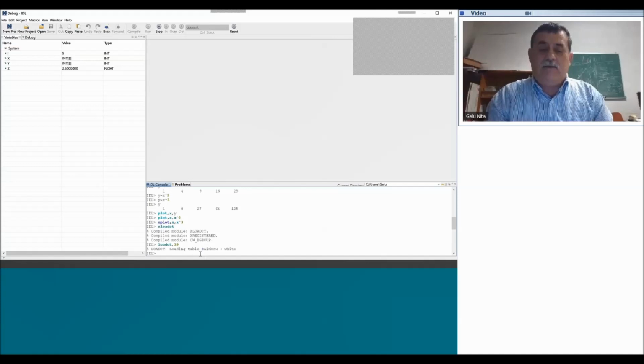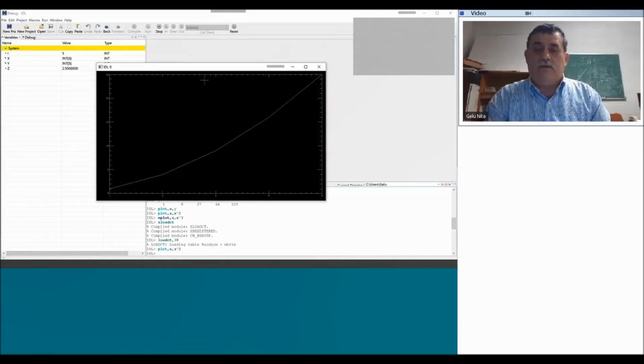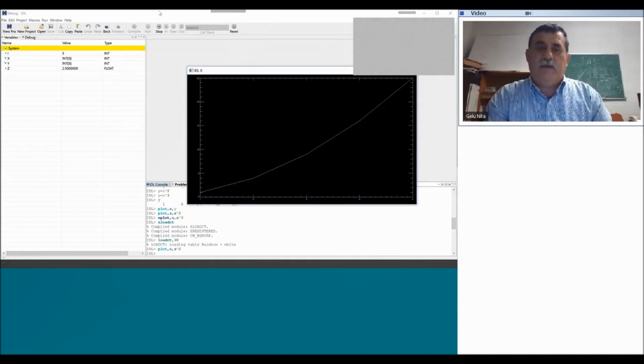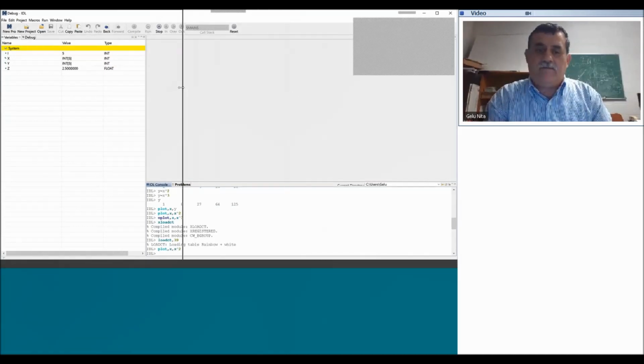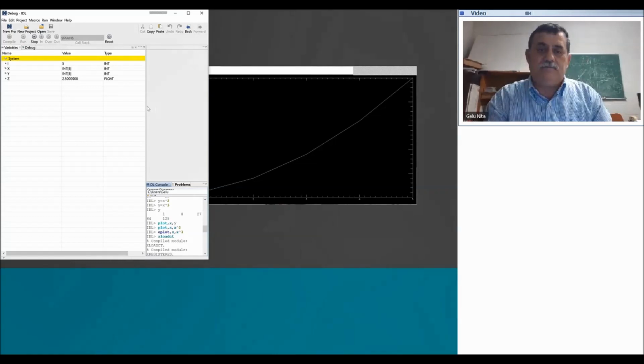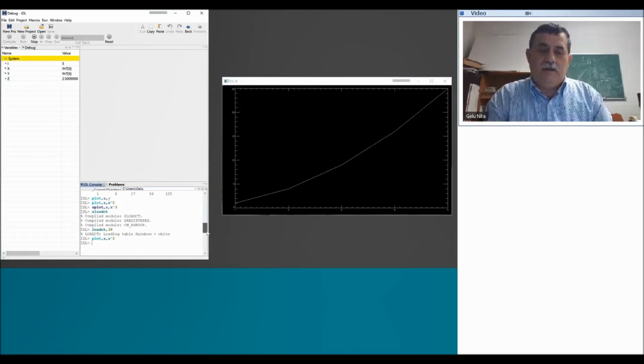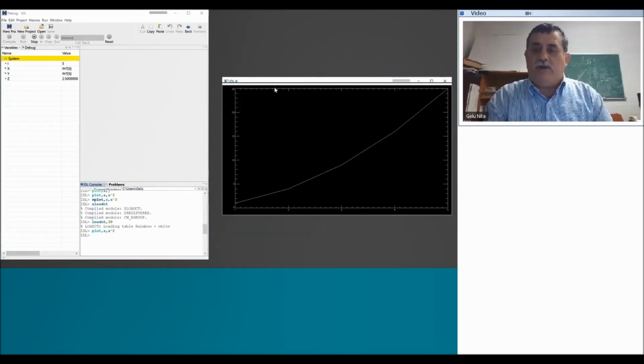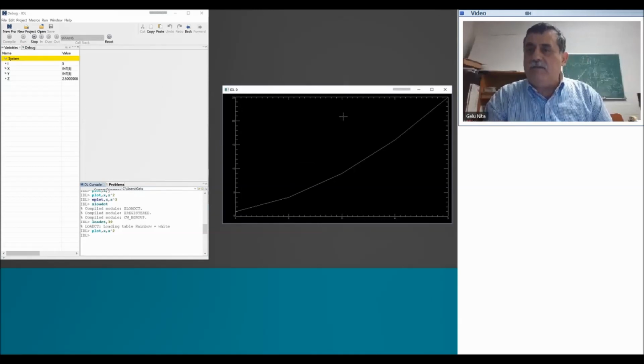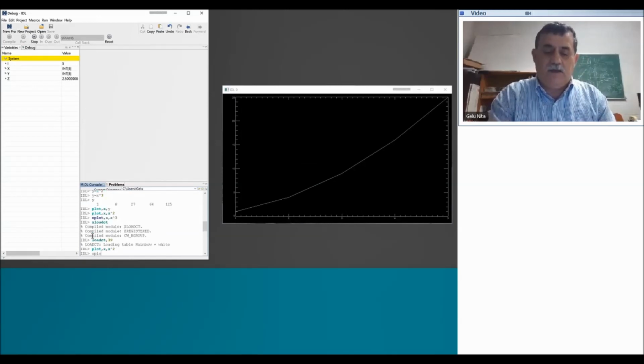So now I can redo my exercise. I can say plot x and x squared. And I will show you the windows here. By the way, maybe I can do this. Instead of having full screen, I can do this. And now you can see my command line and the plot window. Do you see them both? So do you see that plot window? So I can say overplot x and x cubed